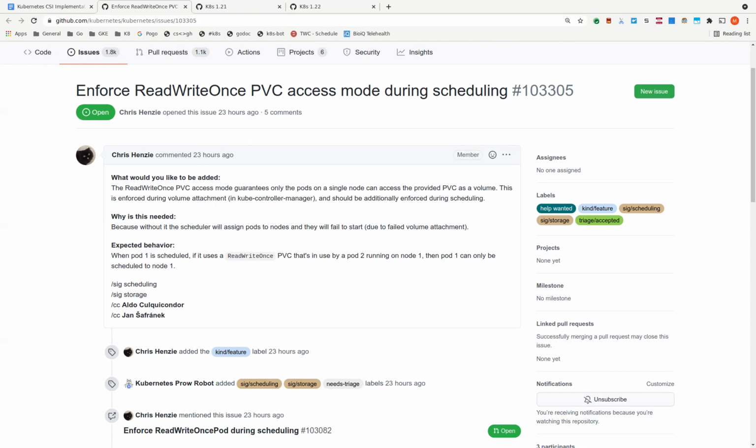Maybe there are some customers that somehow depend on this behavior of, I schedule 2 pods, I know one of them is going to fail, and that's okay. I'll just wait until maybe the first pod that has the PVC is deleted or releases the claim.